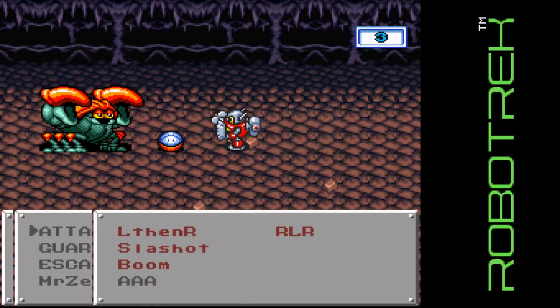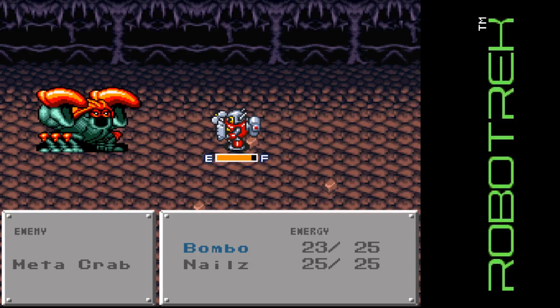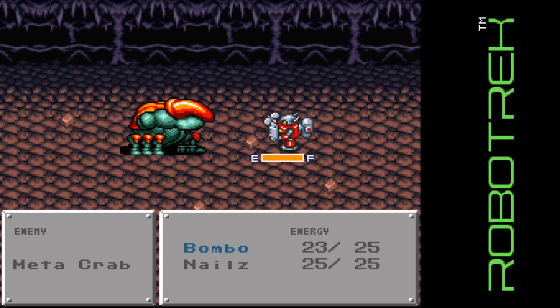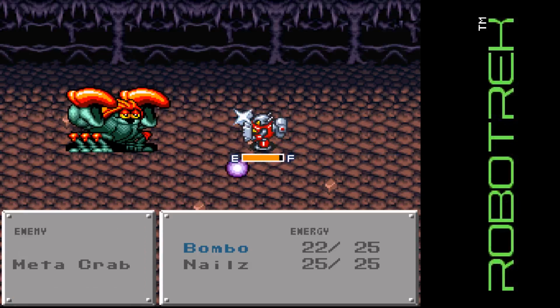So the only one I can do is AAA, which turns out wasn't very effective. 2 damage, yeah. I think with Bombo, we are just going to have to run in there and do close-up attacks. And I think the thing with Nails is that we'd be... He's not really taking damage from this. No, he's evading much more frequently, it seems. Oh, and he's walking up to us. Oh, for the smackback. But it didn't do much. Well, I feel like if we guard, it'll give us a chance to get in there before it...